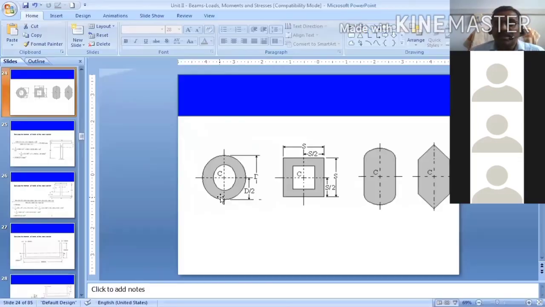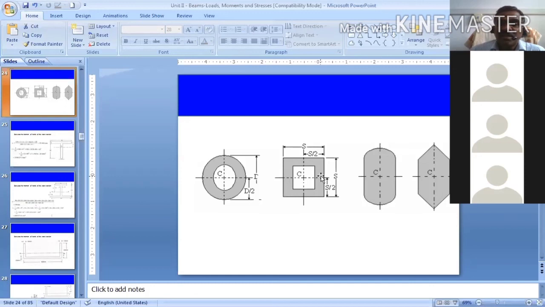Now, sheet metal works. They use hollow rods for construction. But as far as a column is concerned, they will use circular. In the roof, they do not use square. They will use rectangular, where depth is more and width is less. You must have seen so many sheet metal works.